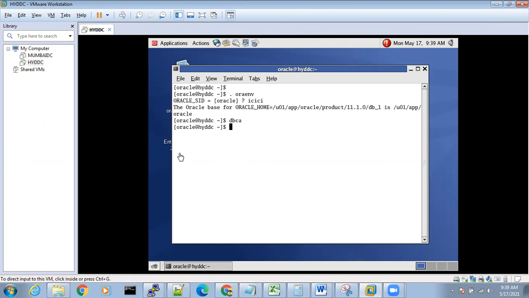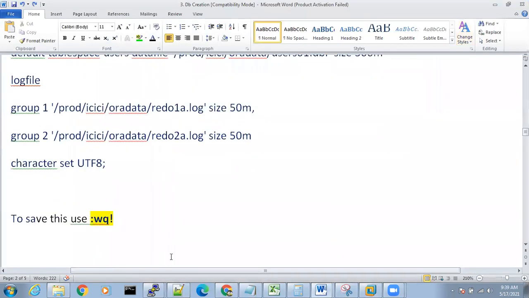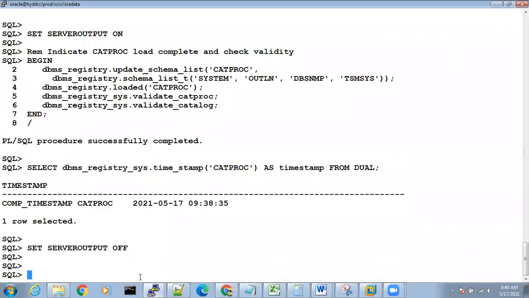Will you go there? For example, if the machine is in the US, will you arrange a flight just for one database creation, go to the US, create the database and come back to India? No, right? In that scenario, this manual database creation will definitely help. You just open Putty, and you can create this database manually. That is why manual database creation will definitely help you to grow.